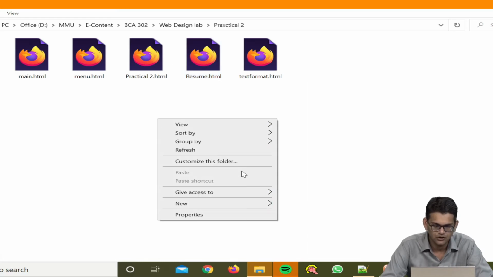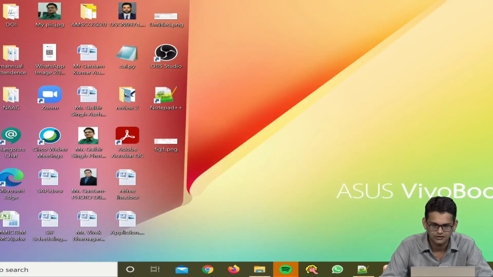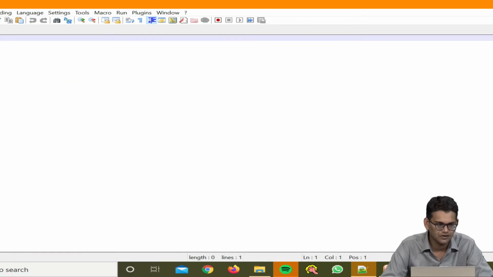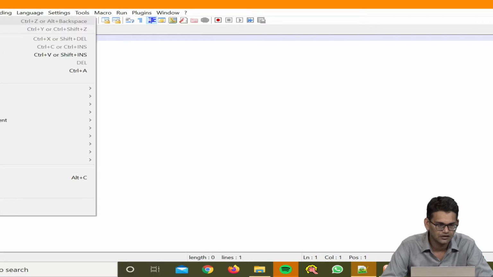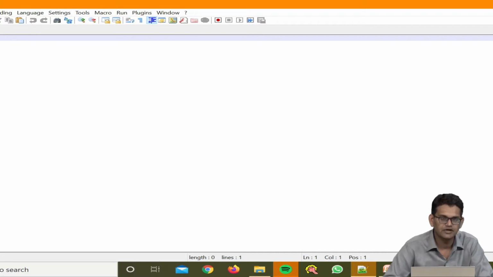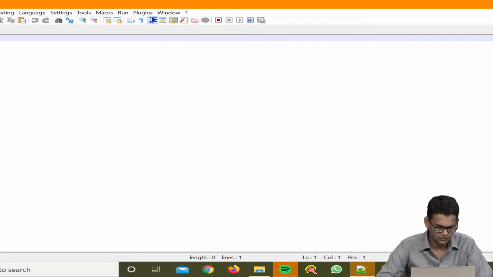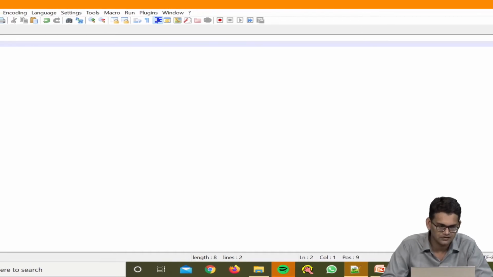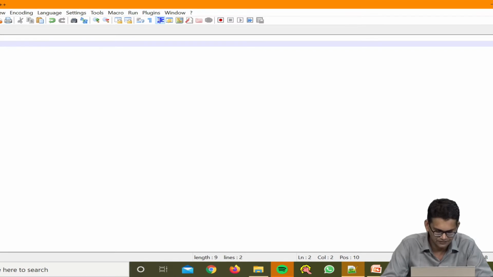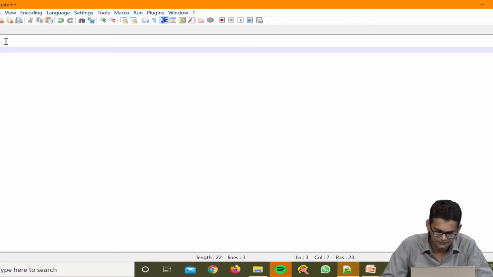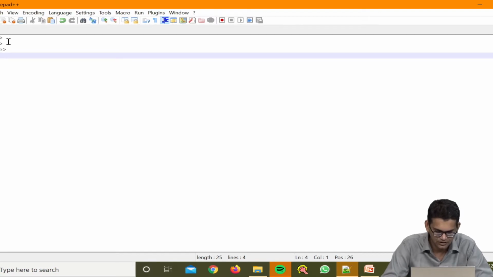Here I am going to create it. First of all I am going to open the Notepad++ editor and choose file, new. I have opened a new tab and we will do the coding here. Let us start from the beginning. We will start from the core tags, that is html, then the head tag followed by title, and what we are doing here is